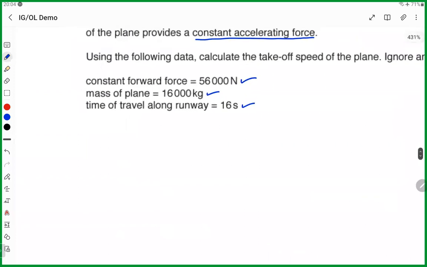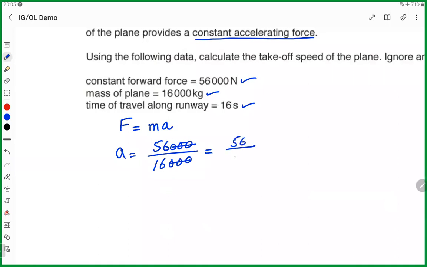Now, the first two things help us to find acceleration. A equals F over M. So 56,000 divided by 16,000. So zeros cancel with zeros. So 56 divided by 16, 4, 14, 3.5. 3.5 meter per second